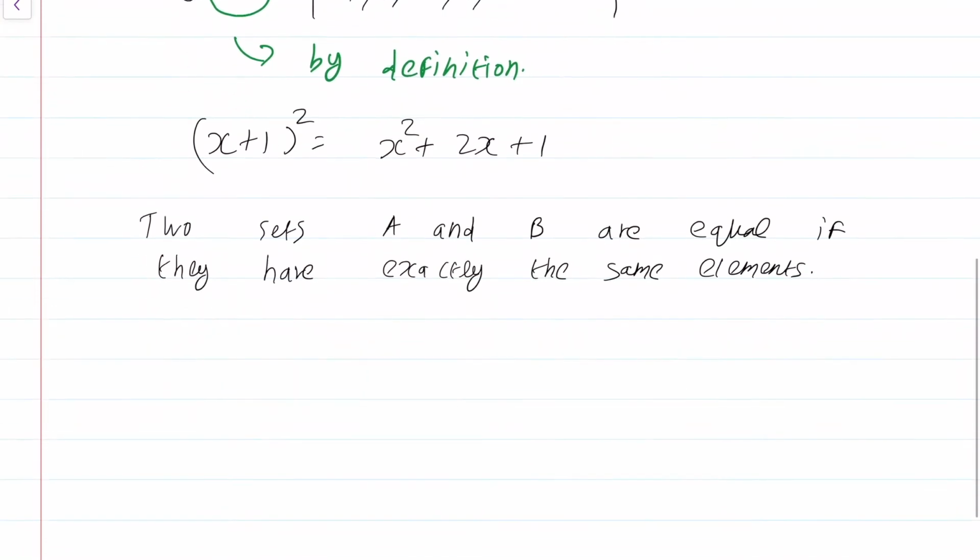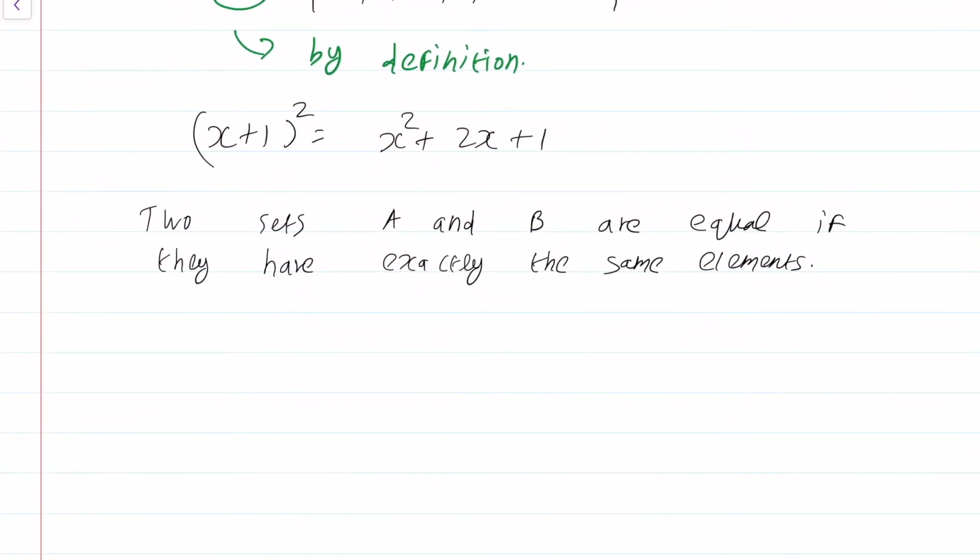So what this is saying is, if I want to show that two sets A and B are equal, all I have to do is to show that if x is in A, then x is in B. Then I have to show that if x is in B, then x is in A.